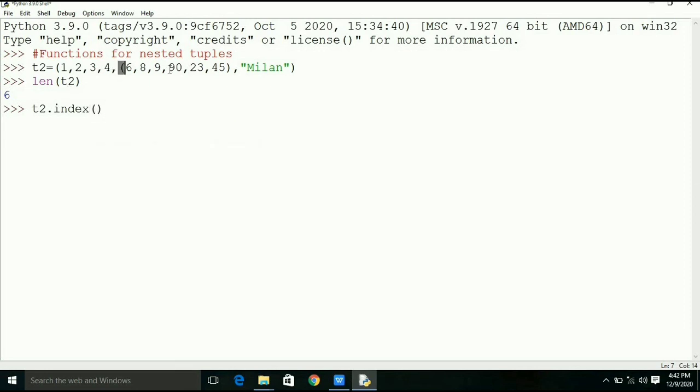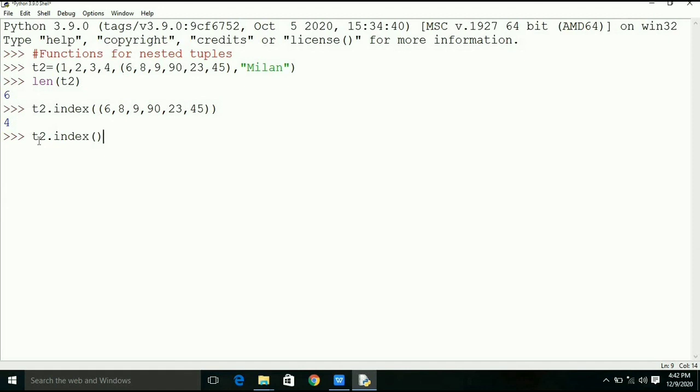Index of 3 is equal to 2. To access the min, sum or max value of the inner tuple, we have to write T2 within square brackets 4 because 4 is its index. Index of Milan is 5.